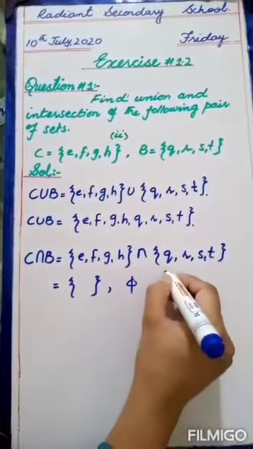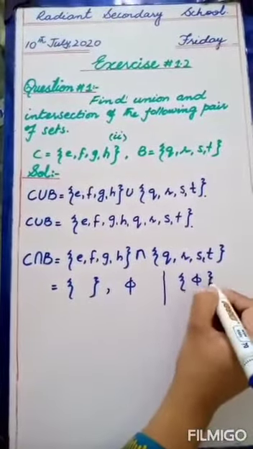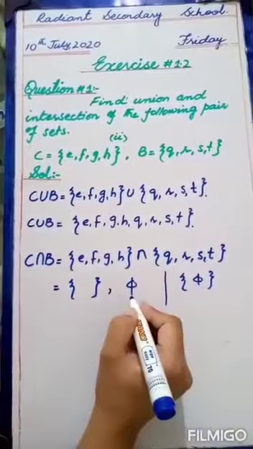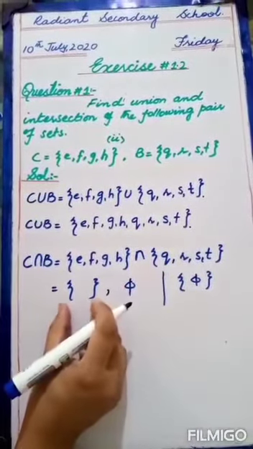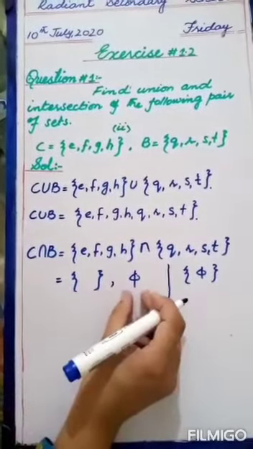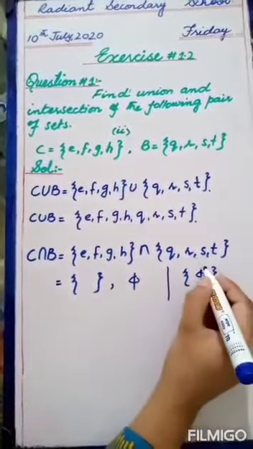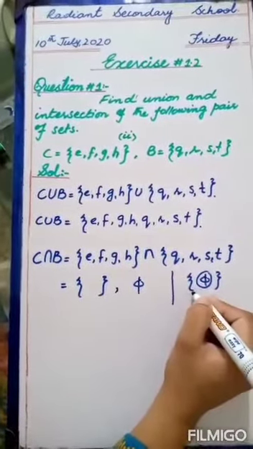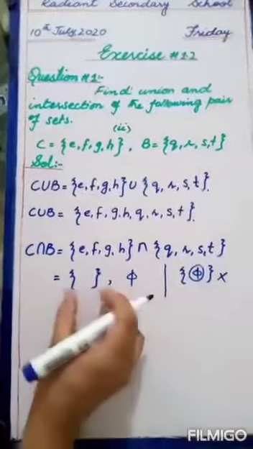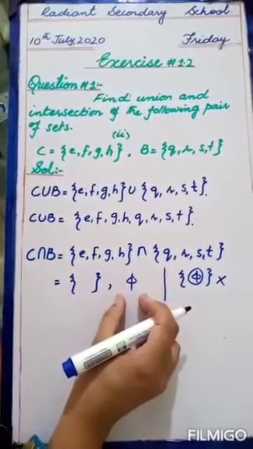Okay students, from here remember one point, you cannot write the empty set like this. Is it clear? This is the symbol of the empty set and this empty bracket is also showing that it is an empty set. If you write this symbol inside the brackets, it means there is an element in this set, so it will be a singleton set, not the empty set. So remember this point, you have to write this separately. You can write only braces or you can put this symbol, both are correct.